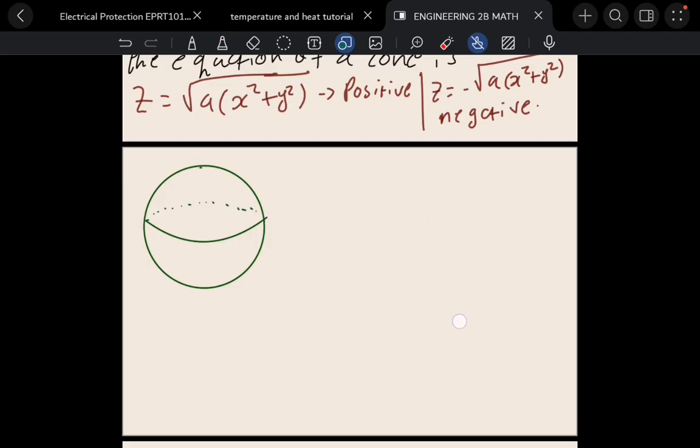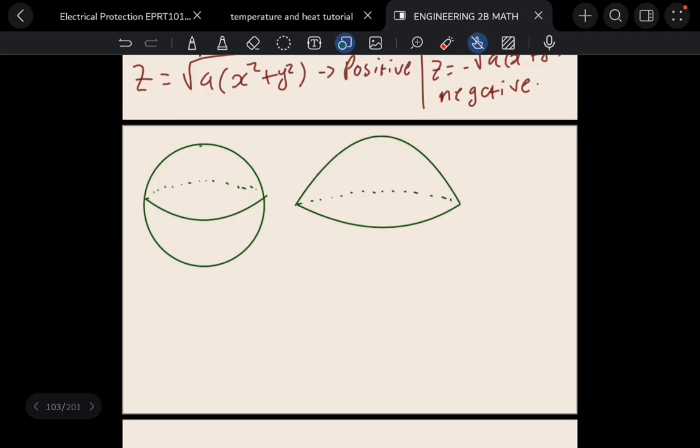And then if you have something like this, that is a positive hemisphere. And if we have something like this,